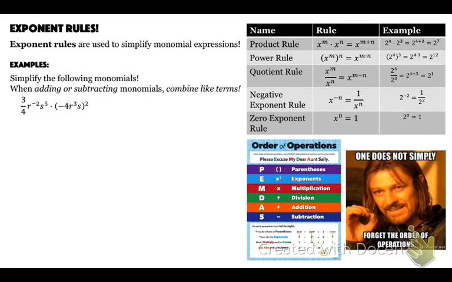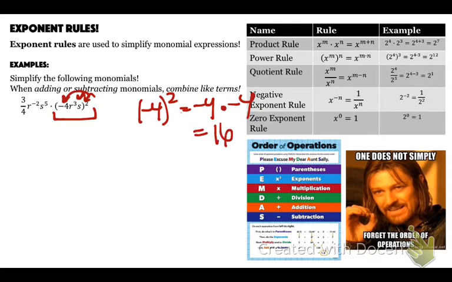Okay, this one. So we have 3/4 r to the negative second, s to the 5th, and then minus 4 r cubed s to the second. So I'm going to deal with this first. And I'm going to distribute this exponent in. So that's negative 4 to the 2nd power. Negative 4 to the 2nd power is the same as negative 4 times negative 4, which is positive 16. So this is going to become 16